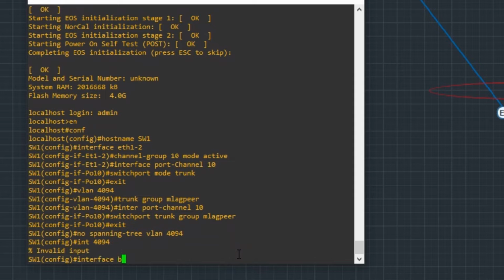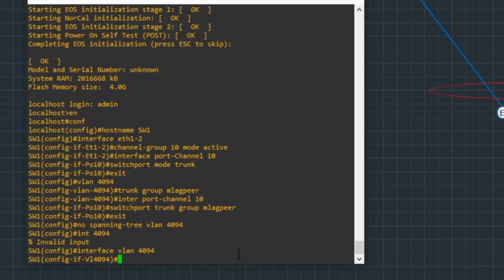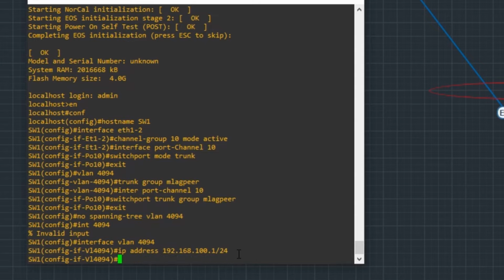interface VLAN 4094. So IP address 192.168.100.1/24. Well, of course you can make the subnet smaller, but in this case it's fine. So at this point